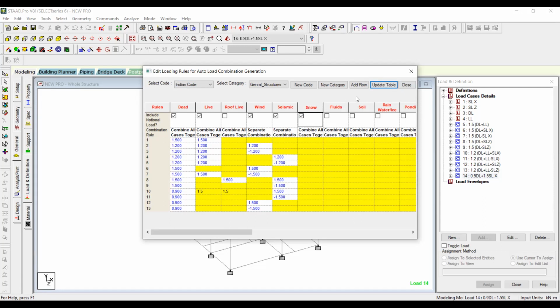If you don't follow the step of updating the table, it will be checked by default, and this will show an error in the STAAD code. So rather than writing everything at once and then updating the table, you do it step by step: click update table, click update table, like this you should do. Okay, sir.